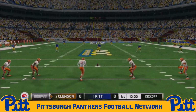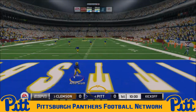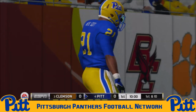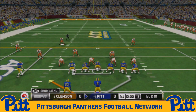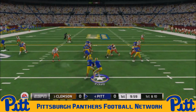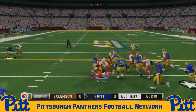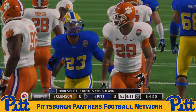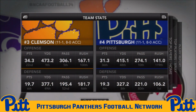Pitt with Kaiser Artis-Scott back to receive, and we are underway here from Bank of America Stadium. Artis-Scott takes it 10 yards deep in the end zone, takes a touchback, and so senior quarterback Kenny Pickett will lead the Pitt offense out onto the field to get this game started. He's going to hand it off to junior Todd Sibley taking the handoff there. Sibley had a nice game in the Panthers' most recent performance when they beat Miami, and so he's getting the